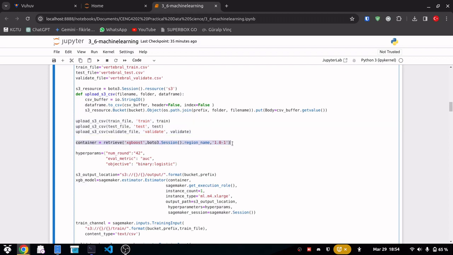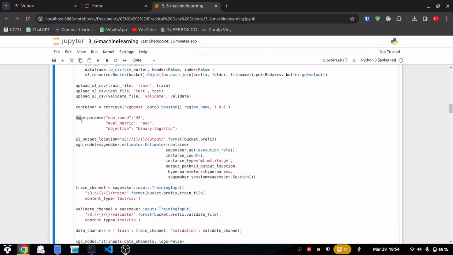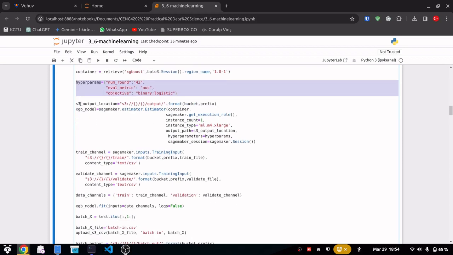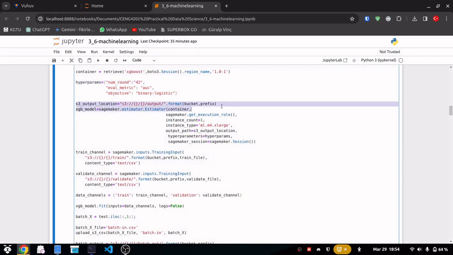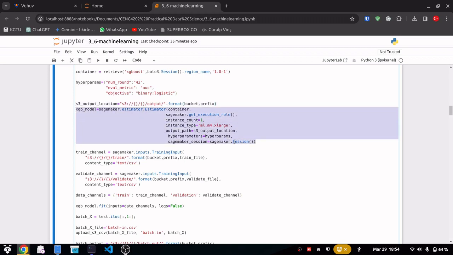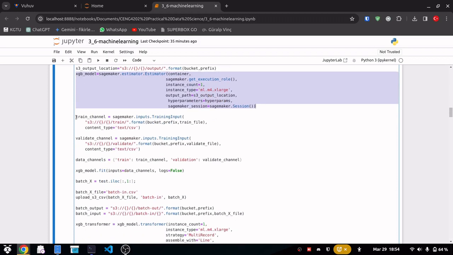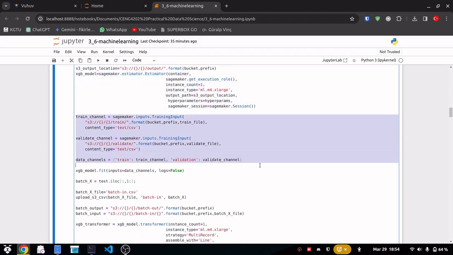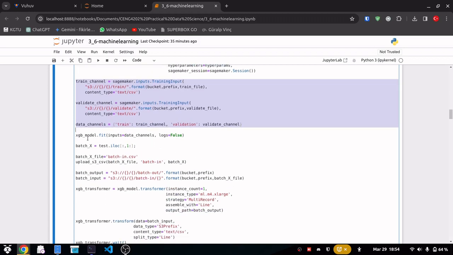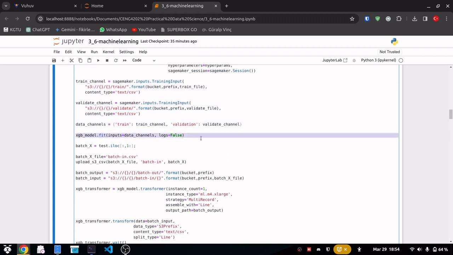So we are getting a container instance, and it's the XGBoost algorithm, and now we have parameters in here. After that we will use the output location in here, and we have constructed our model in here. After that we will use the channels for our files, and we will use the XGBoost fit function to